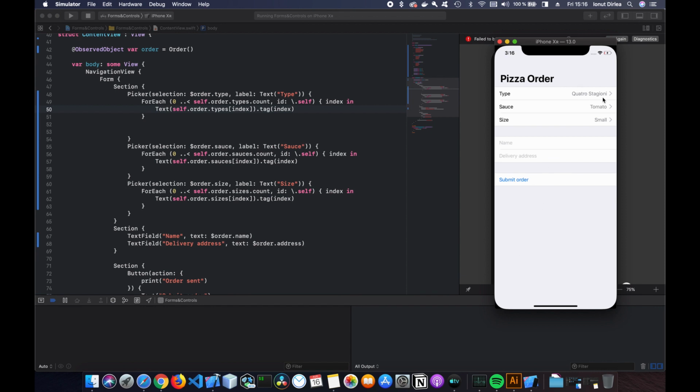And now, as you can see, we have our pizza form with the default values pre-populated. We can also select another value. Also the address. And everything works. This is it for this episode,